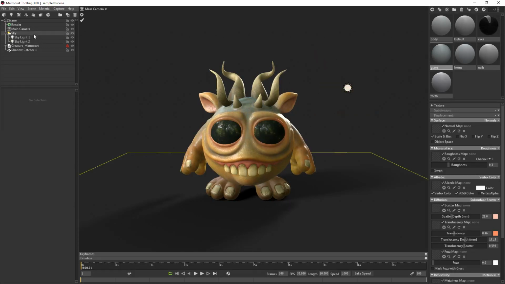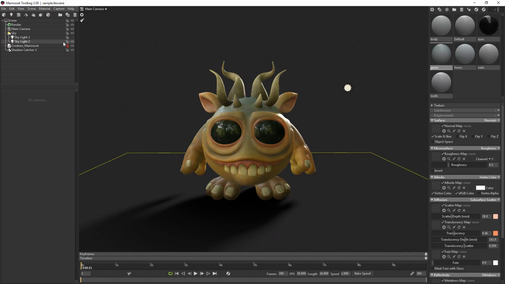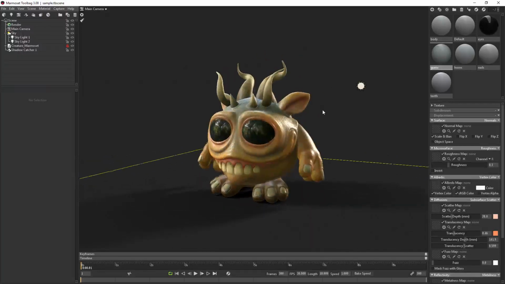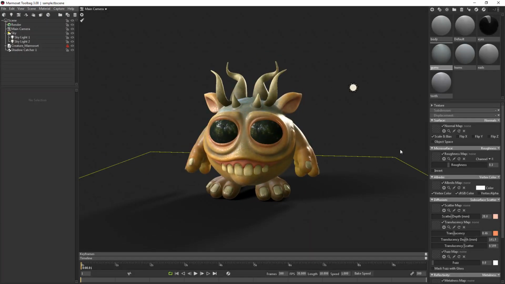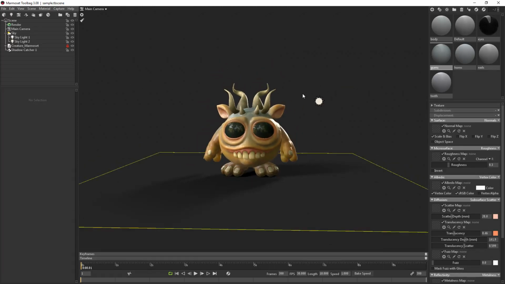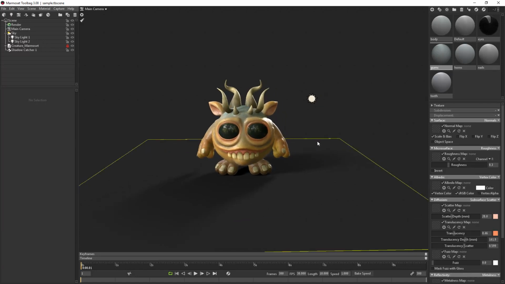Alright, so those are two lights, and you'll see if I turn the first one, this is just kind of helping from behind, and the other one, sorry, the new one is kind of splitting the silhouette a little bit. But very simple, only a setup of two lights. In fact, this one is actually a little bit too bright, a bit brighter than my taste, but we can tweak it later. Two simple lights and a shadow catcher and a plain background. This is more than enough to create a nice presentation render